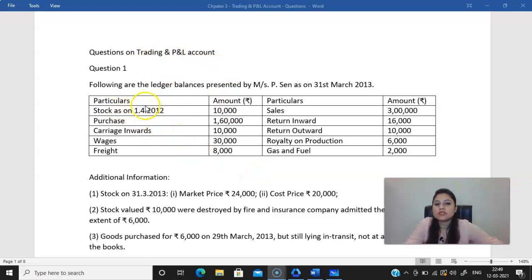As we can see, the components are related to the trading account of a particular company. We have been given the opening stock and the purchases. Then these are the direct expenses, being carriage inwards, wages, freight, etc. Since these are direct expenses related to the purchases of goods, they will be included in the trading account itself. Now here we have sales, return inwards as well as return outwards. Then we have royalty on production and gas and fuel expenses. And in the additional information it has been said